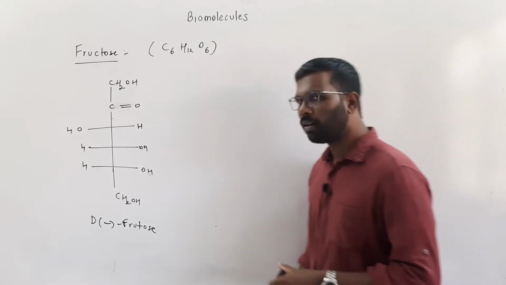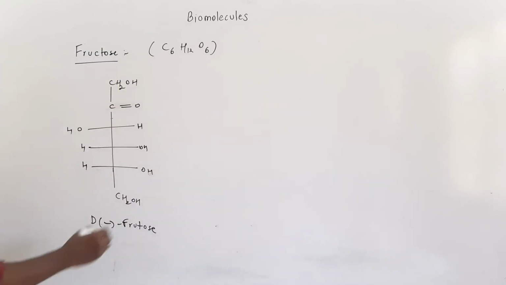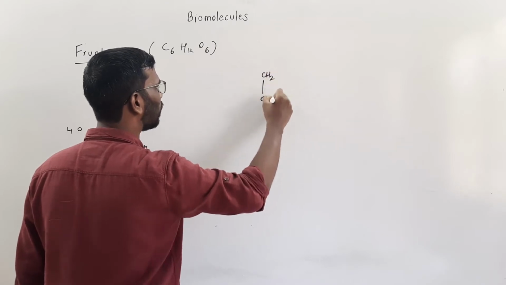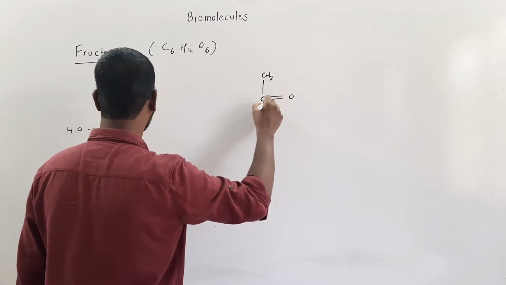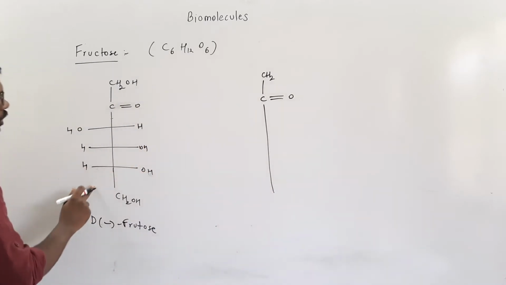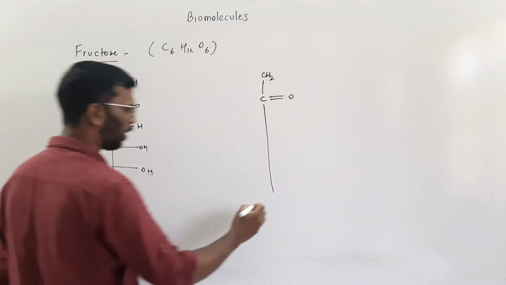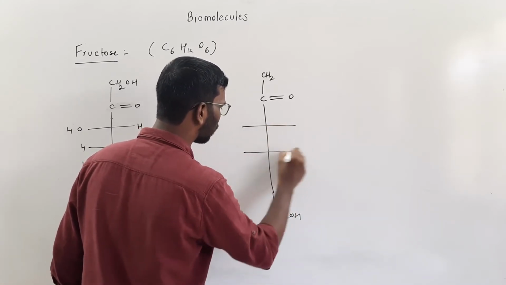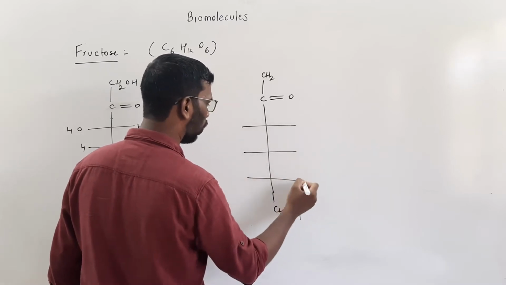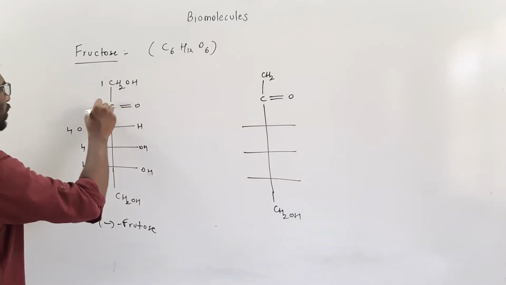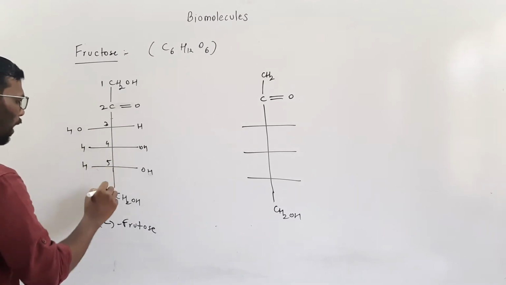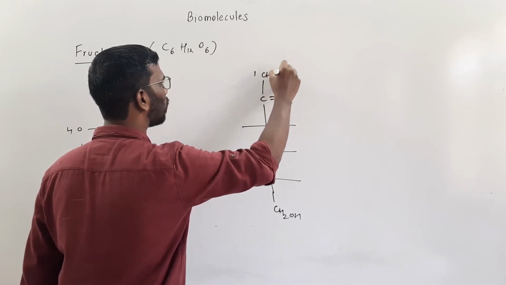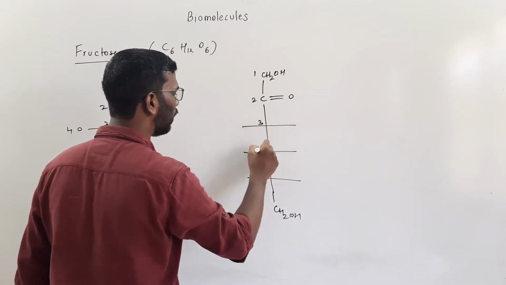Okay, so I'll explain how the L form will look. L form will look like this way. The rest, D and L form means what? A change in configuration at carbon 5, right? So here this is CH2OH. Like this is my carbon 1, this is carbon 2, 3, 4, 5 and 6, right? So this is my carbon 1, this is carbon 2, 3, 4, 5.